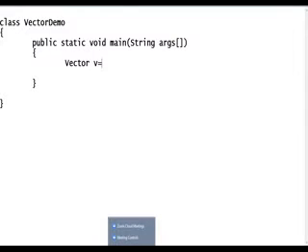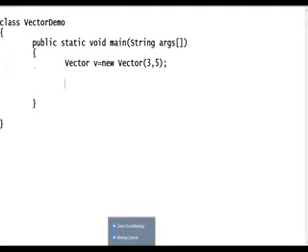Vector v equals new Vector. For example, I will take 3 comma 5. What is 3 comma 5? Or 3 comma 2, for example, or 3 comma 5. Okay, no problem, 3 comma 5.